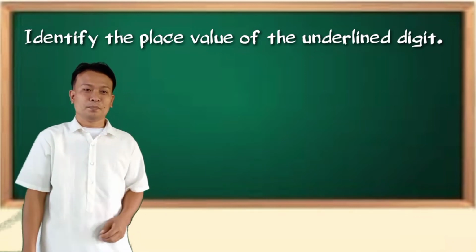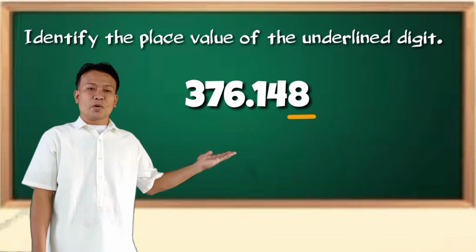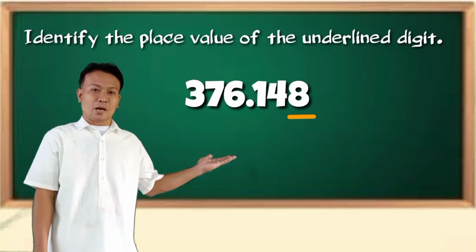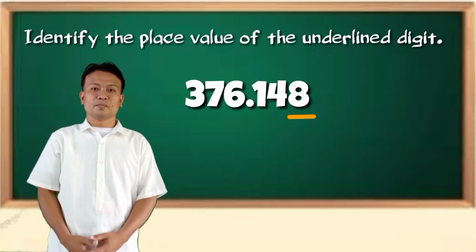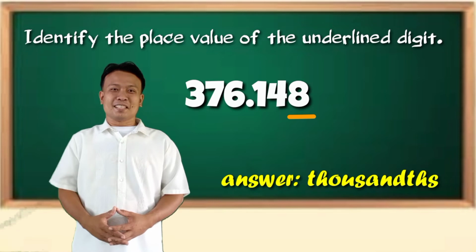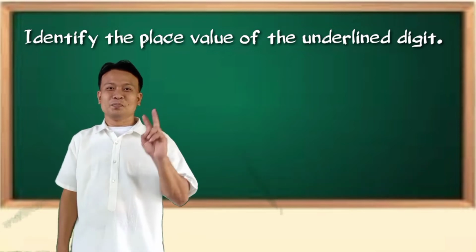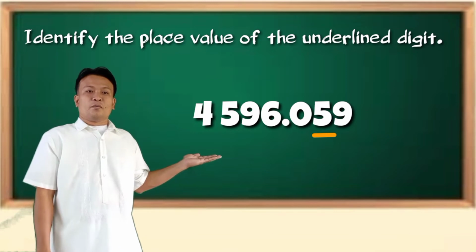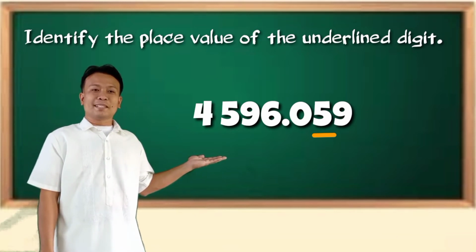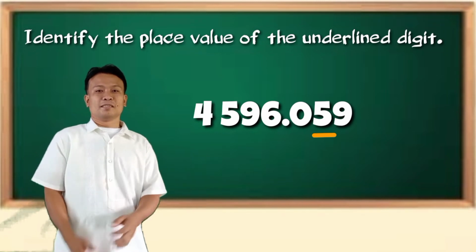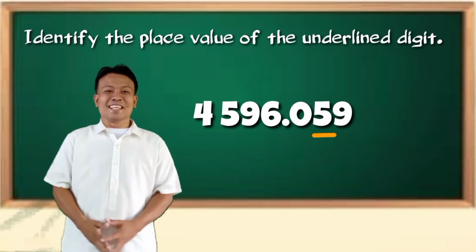Let us try to identify the place value of the underlined digit. Number 1, 376 and 148 thousandths. Correct! The answer is thousandths. Number 2, 4,596 and 59 thousandths. That's right! The answer is